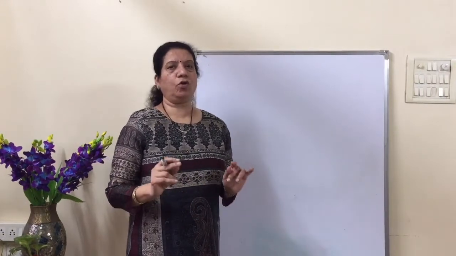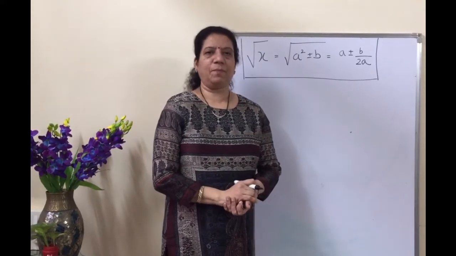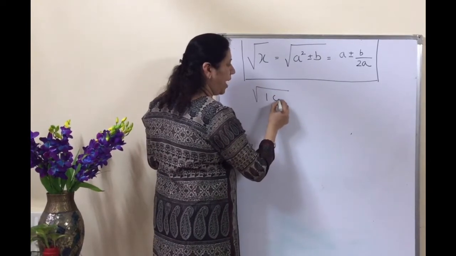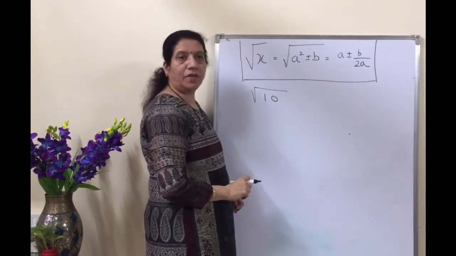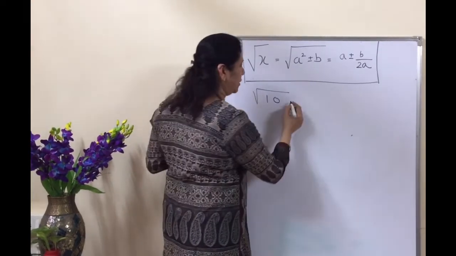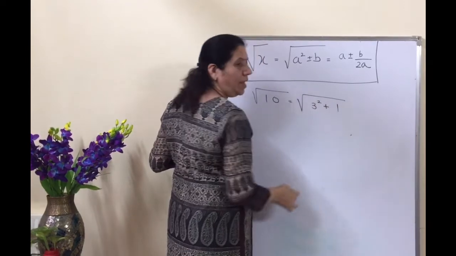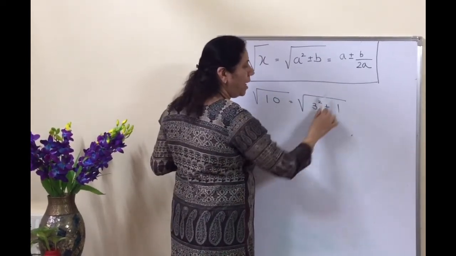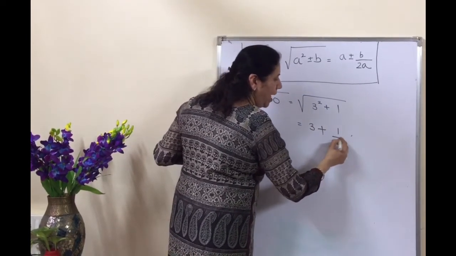The formula to find the square root is this. Let us take some examples. First, let us find out square root of 10. Which is the square which is near to 10? It is equal to 9, which is 3 square. So let us write down this as 3 square plus 1. Now as I have shown in the formula, this A is your 3. So we will write down the answer 3 plus 1 as it is.